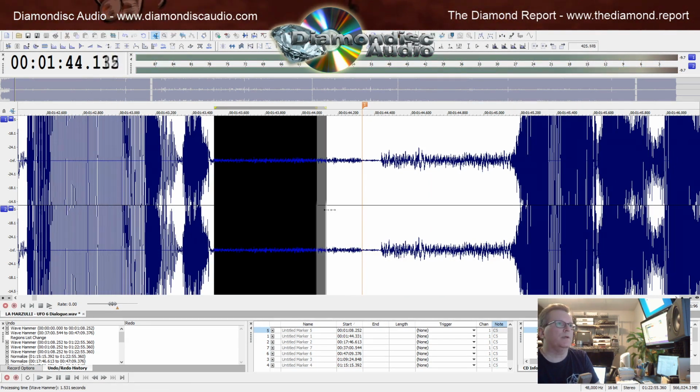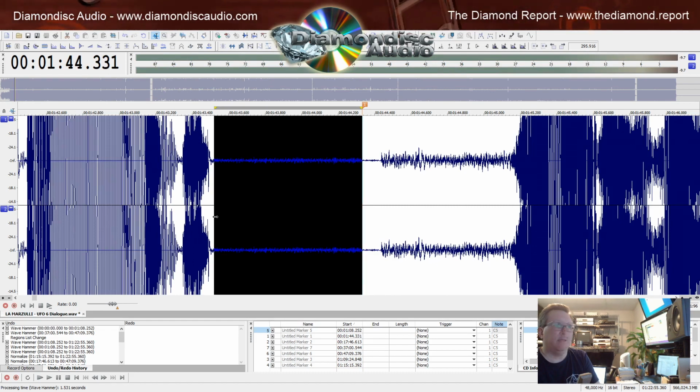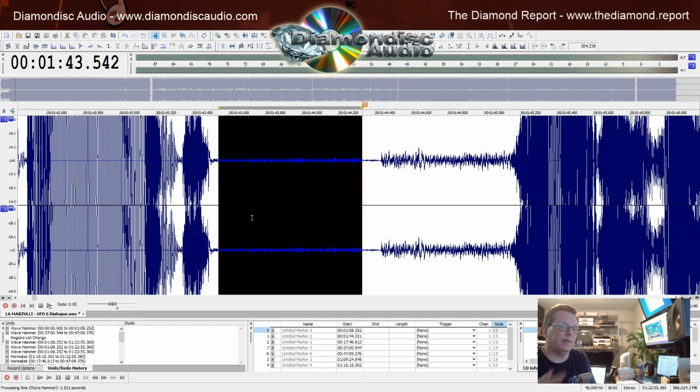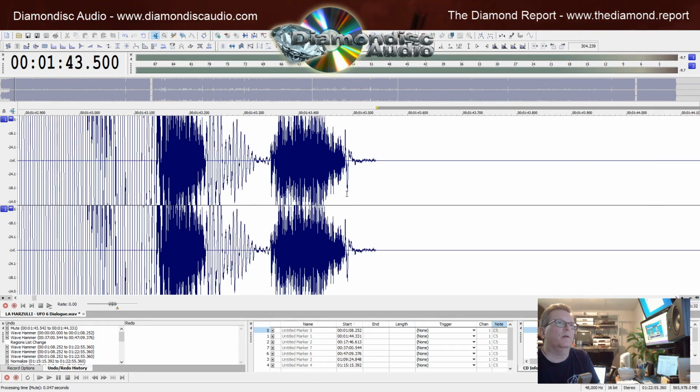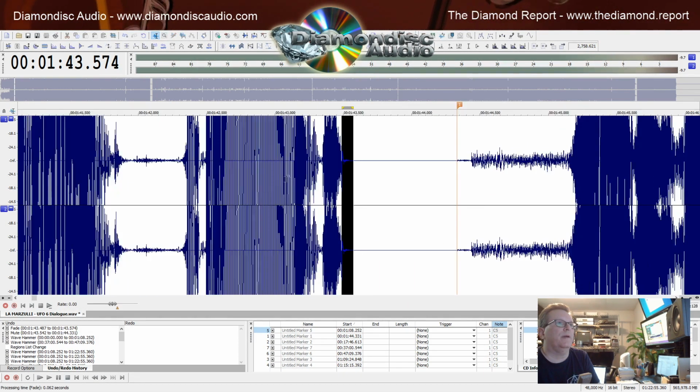This bit of audio here is where the edit kicks in. Now, what I don't want to do is delete anything. You cannot delete anything, because if you do and you take your audio track and put it back in with the picture, it's going to be out of sync. It will be in sync up to the point where you've cut something out, and then it will be out of sync from there on forever for the rest of the film. So you can't delete things, but you can mute things. We have to keep the timing intact. So I'm going to mute that and do a little fade out here.